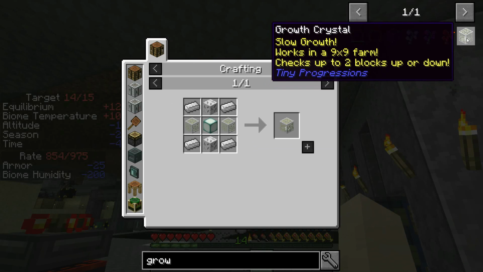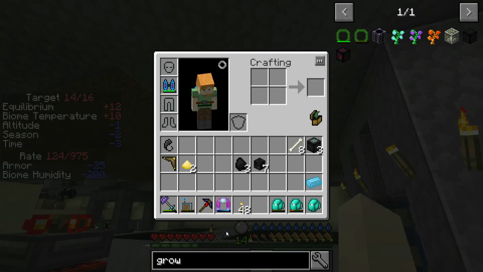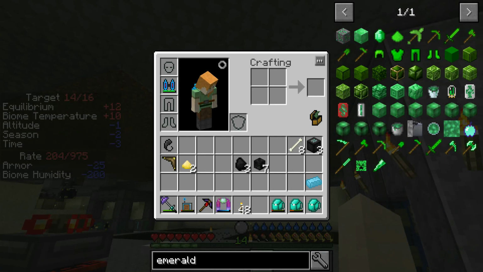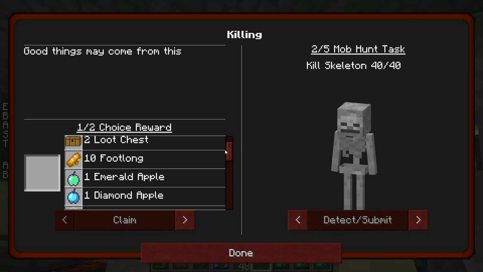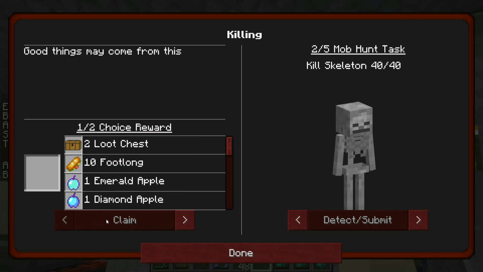I'm going to go do some research to see if the growth crystal works on ender pearl, on ender lily, because if they do, this would be amazing. But let me look at the other request, the emerald apple. How do you create the emerald apple? I'm guessing with emerald, yeah, that's not expensive enough. I can craft that easy. The diamond apple, we know the machine frames are super easy. The footlong are easy. Let's take the loot chest and look at what they...